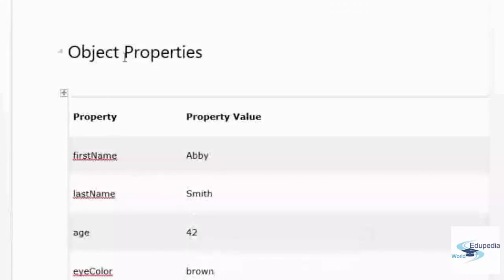So an object person could have a property first name with a value of Abby, property last name with a value of Smith, property age with a value of 42, property eye color with a value of brown. So you have the properties listed as name, value,